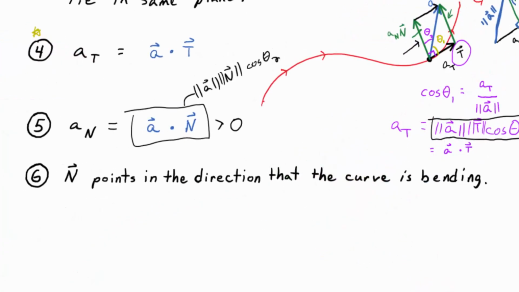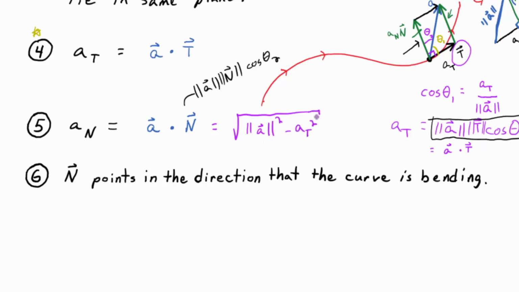So let's add that to the list then. And this turns out to be the handier formula. Square root of the magnitude of the acceleration vector squared, that's the hypotenuse, minus a sub t squared. And especially if you have a sub t, isn't that a really convenient formula? And you have a,